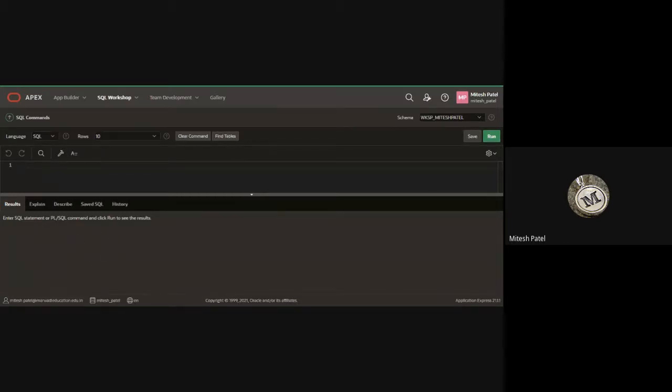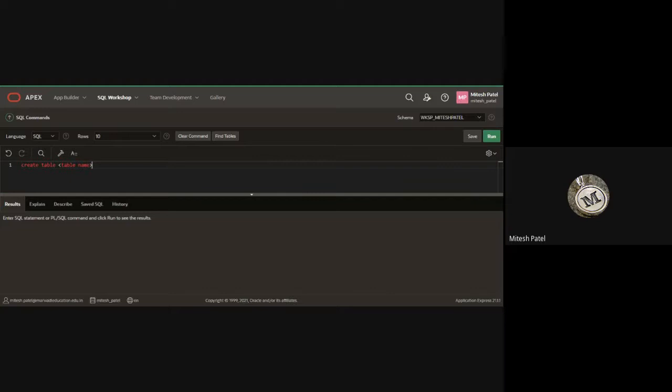Clear? So let me write first the syntax to create a table. Create table name. I am writing the general syntax, table name. See? You can write any name here.